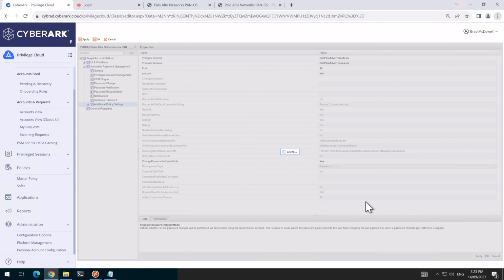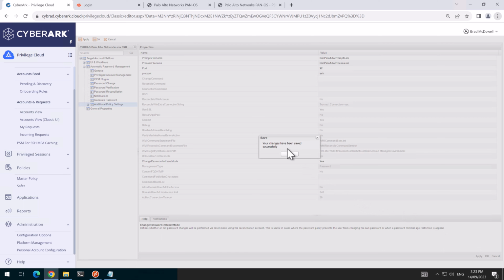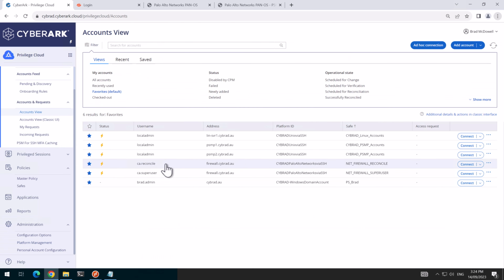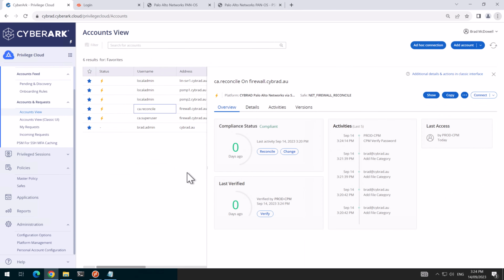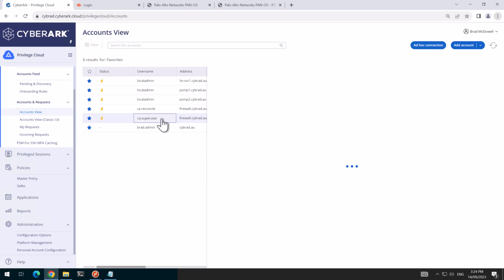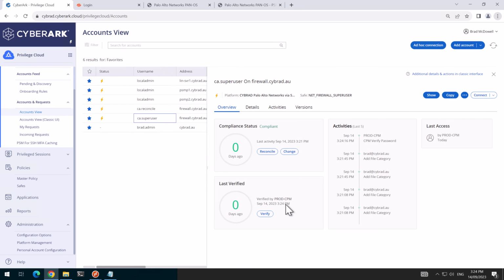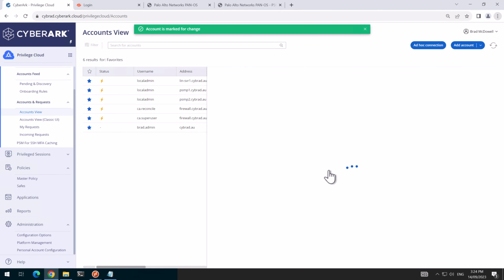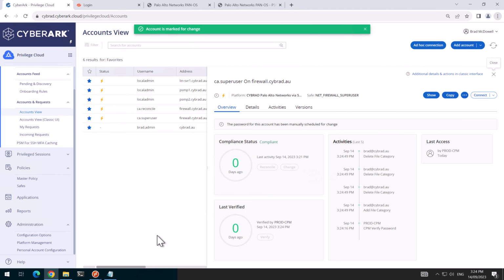And we'll hit OK. I'll go back to the accounts view and I'll select the reconcile account and we can see it's been verified. I'll do the same for the super user and we can also see that's been verified. Now on the super user or the reconcile, they've got the same permissions on the firewall, but if I hit change and go and restart the CPM service,